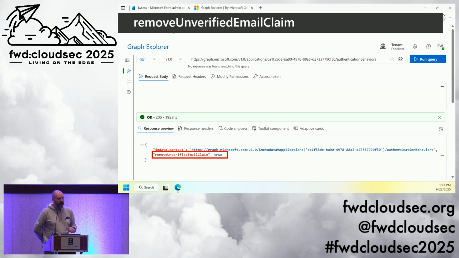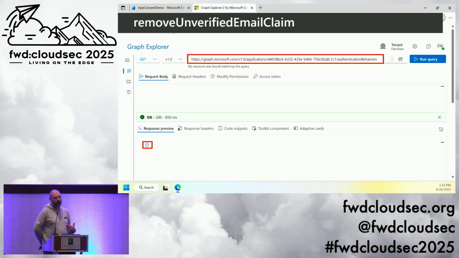One thing I want to highlight is if you're trying to trawl applications to see which ones might have this set, say if you're a software vendor or you publish software: Microsoft said in their documentation that after June 2023 this was set to false by default. But actually finding it is a back-end behavior thing. Applications created after June 2023 will just get no data back for authentication behaviors if it's false. So you won't find that attribute set. It will just be empty, and you'll have to look at the date on the app registration.